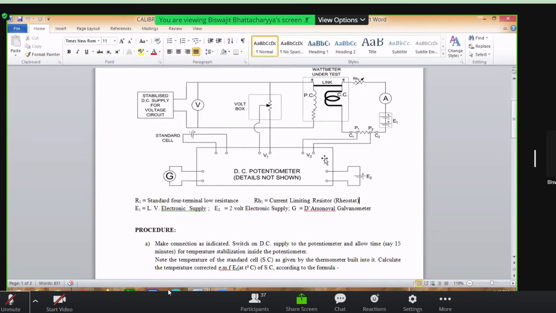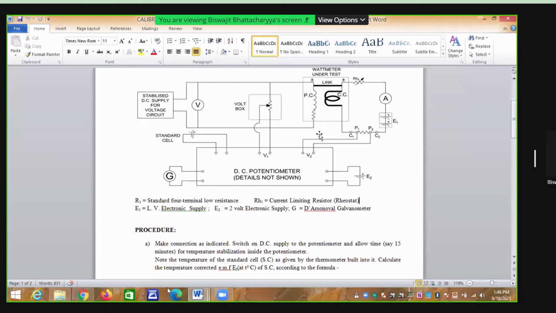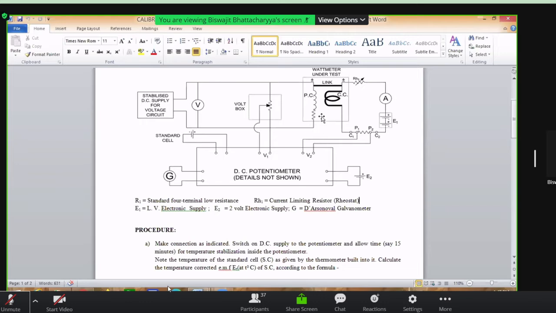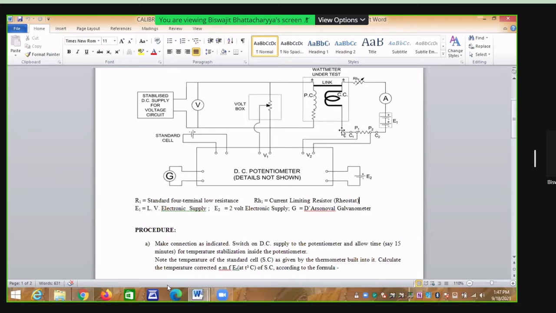In all wattmeters, an extra resistance is added in series with the pressure coil, but we cannot see that resistance because it is inside. Although we are saying that it is an externally added resistance, it still remains inside the arrangement box of the instrument. So most of the voltage will be dropped in that particular resistance. So the actual coil voltage is quite small.